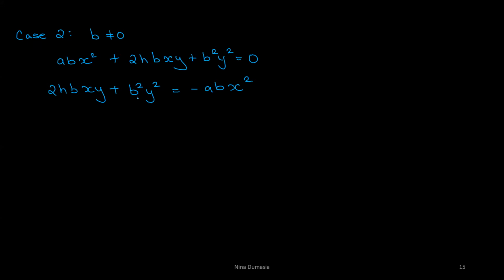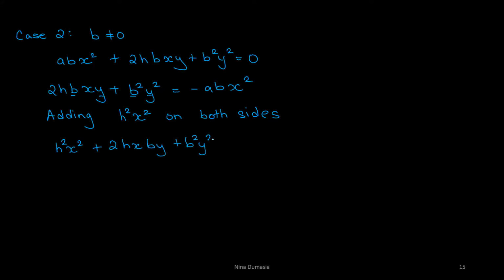लेफ्ट हैंड साइड पे अगर मैं स्क्वायर कंप्लीट करना चाहूँ तो ये वाला है b square y square, ये वो मिडिल वाला टर्म है, 2ab वाला जो टर्म होता है ना वो है। इसमें ये b और y तो दिख रहा है जो यहाँ से आ रहा है, ठीक है। h और x एक्स्ट्रा है ना, तो we will have to add h square and x square on both sides. So adding h square x square on both sides we get, so यहाँ पे we have h square x square plus 2hxby plus b square y square, and दूसरे साइड पे भी ऐड करना पड़ेगा, ऐसे एक साइड पे ही सिर्फ नहीं कर सकते।